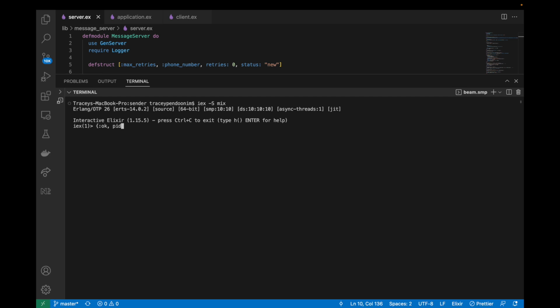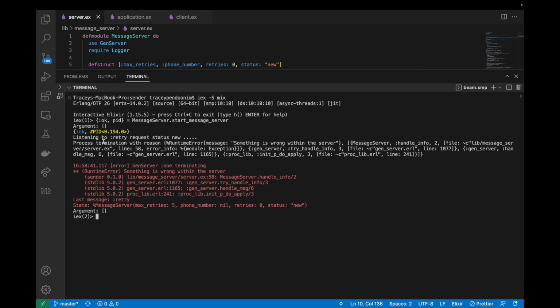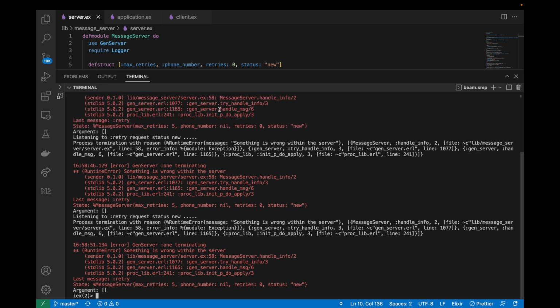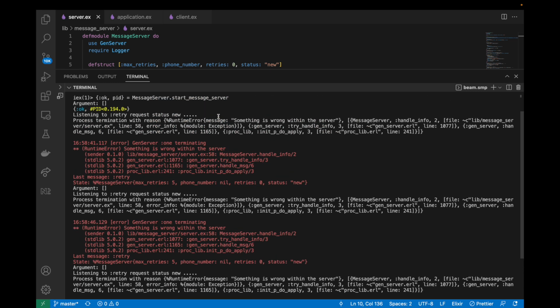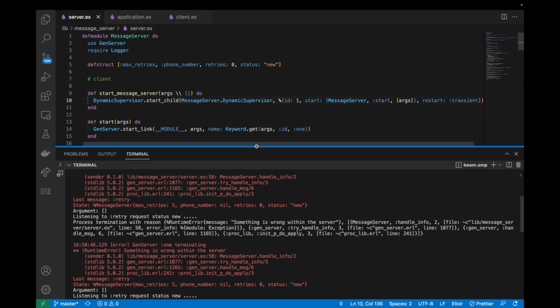So I'm going to pattern match the atom, okay, and a PID, and call the message server start message server. So we have started the GenServer process. Now let's see, so it has terminated. I can assume we have started with the third path, though I did not want to start with this, and it's still okay. So you can see our GenServer process is terminated,